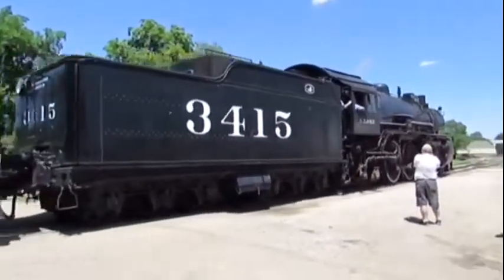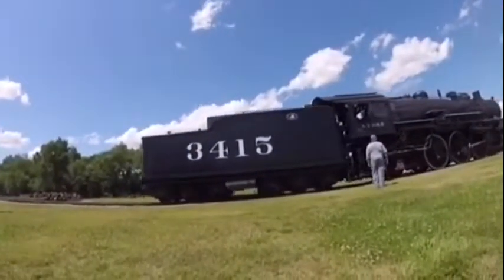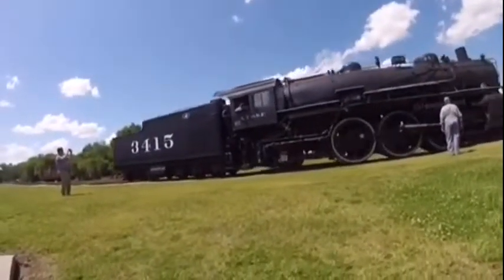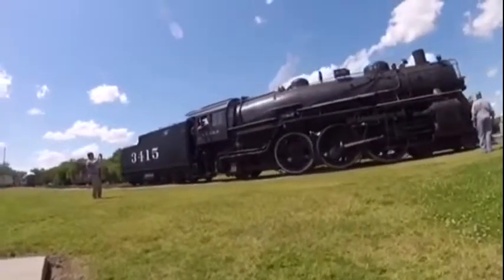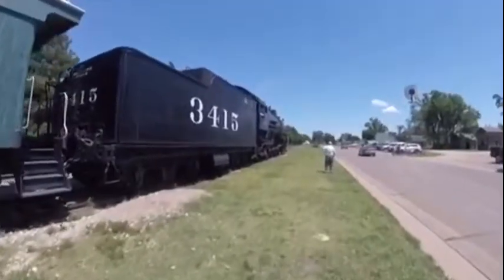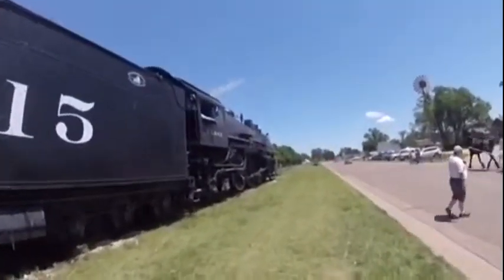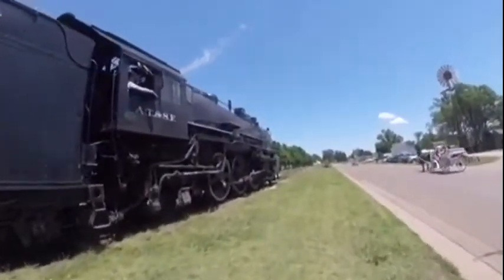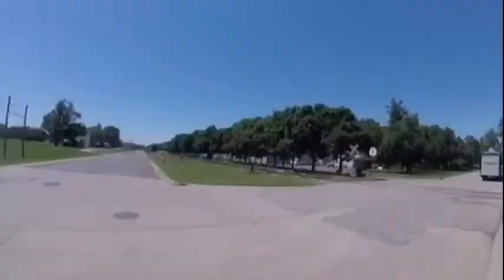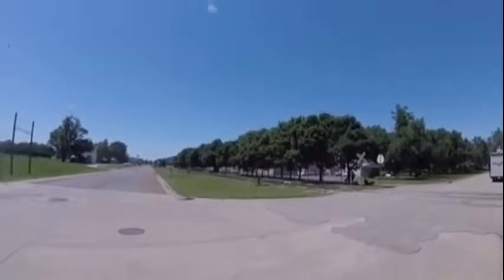Atchison, Topeka, and Santa Fe 3415, along with other 3400s, were built with 73-inch drivers, but from 1935 to 1941, the Atchison, Topeka, and Santa Fe's Topeka shops rebuilt them as oil burners with 79-inch box pok drivers with new thicker main rods and Elesco feed water heaters. Also, Atchison, Topeka, and Santa Fe 3415 was then retired in the 1950s and in 1955